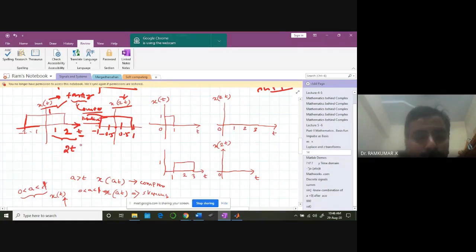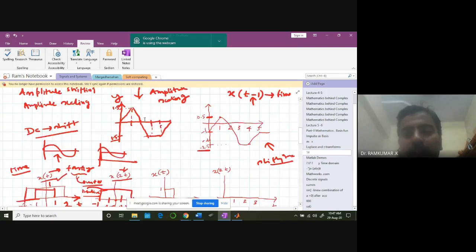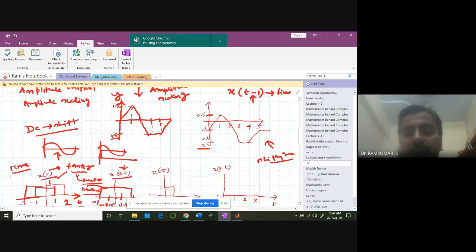So it is now compressed. That's why I'm saying it is compressed. So the signal is going to take a form like this. It's going to get compressed like this. -1, 1. You understand? 2 and -2 will become 1 and -1. The same amplitude will be retained. No amplitude change will happen. In time shifting or time scaling operation, there is no amplitude shift. Only in the amplitude problem have we seen shifting the amplitude up and down.